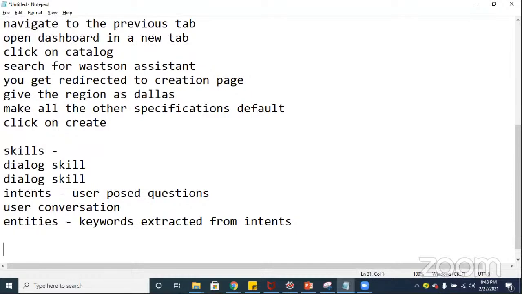Suppose I have created a restaurant bot, and there one of the user